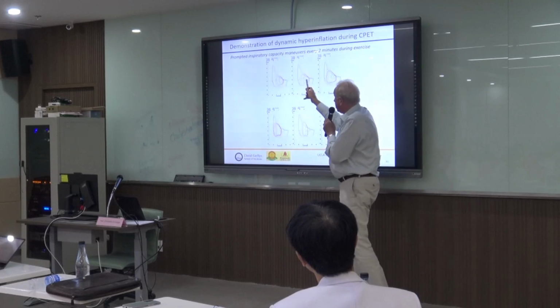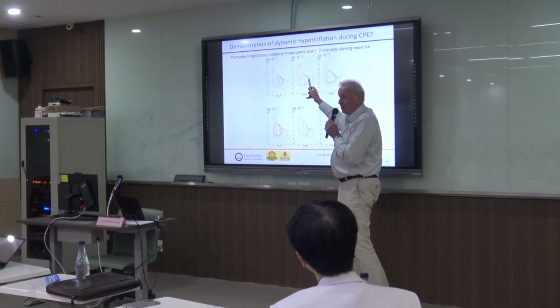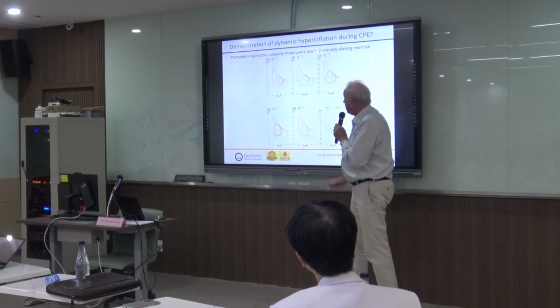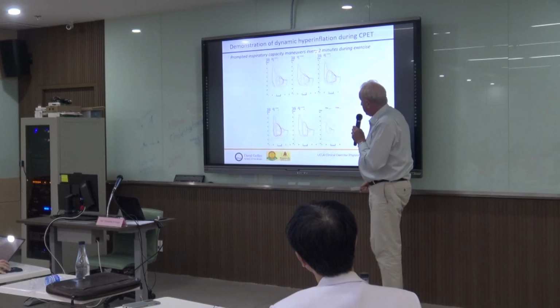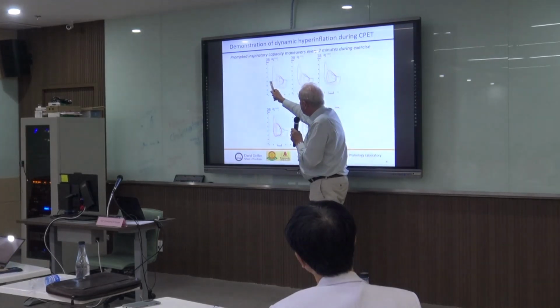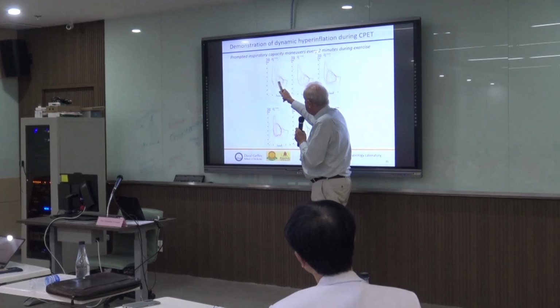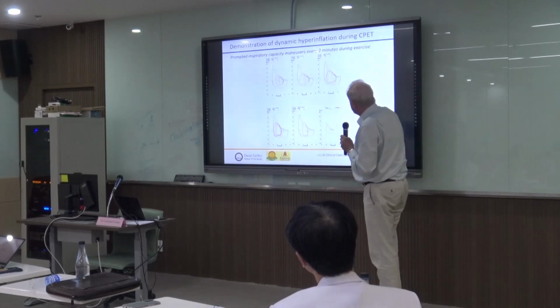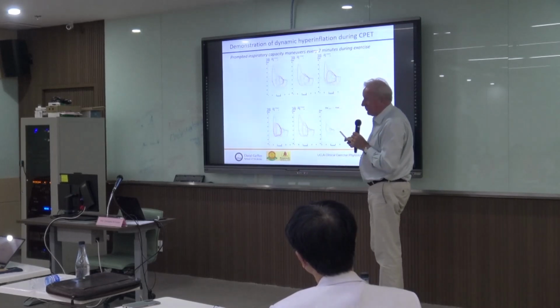That sets the tidal flow loops on the x-axis and allows you to see what has happened to end expiratory lung volume. Because remember, on these curves we have TLC and RV, end inspiratory lung volume and end expiratory lung volume. Now you can see that as this patient goes to higher and higher levels of work rate,